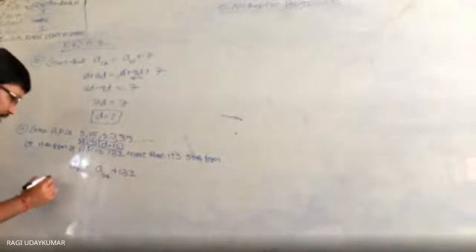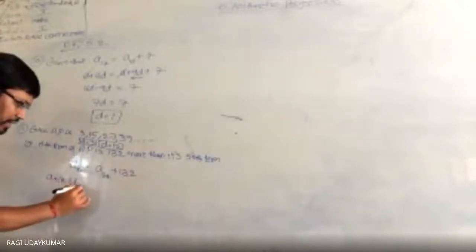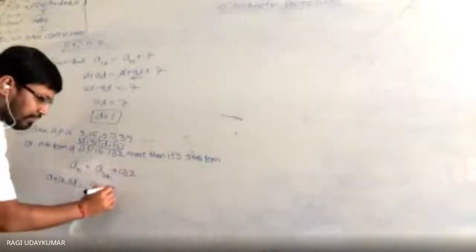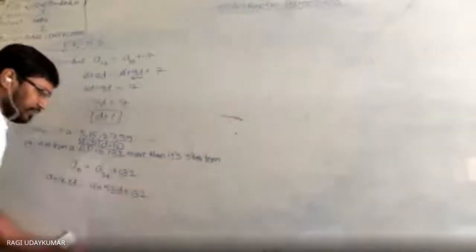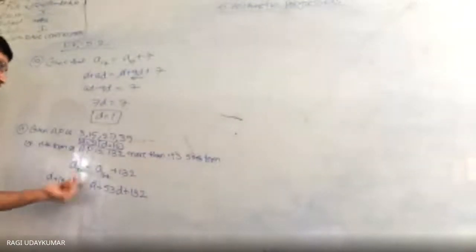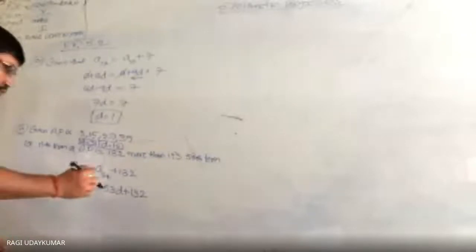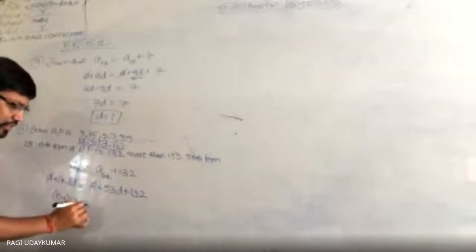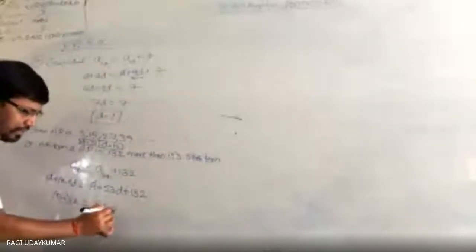These a and d values, whenever an arithmetic progression is given, first itself you write the a and the d. Whatever a and whatever d is there, that you first only write. So an is nothing but a plus n minus 1 into d. a54 is nothing but a plus 53d, plus 132. So this a and a obviously will get cancelled. Okay, so now n minus 1 into d. Here n we need to find out. We are having the d value, take and substitute here. So n minus 1 into 12 is equal to 53 into 12 plus 132.